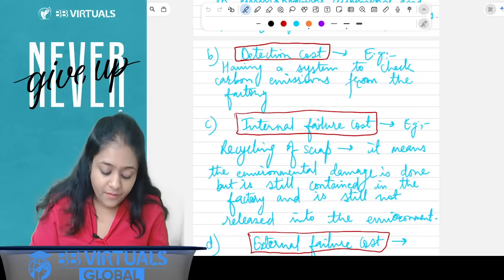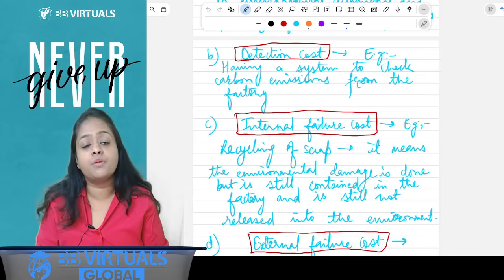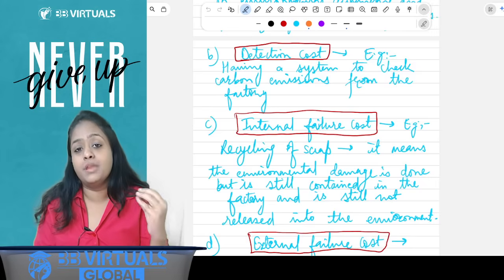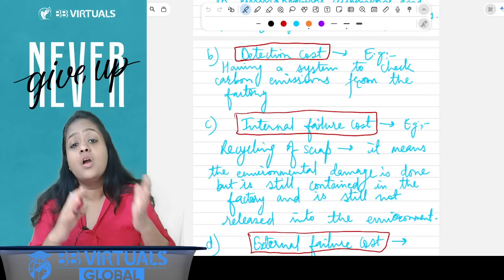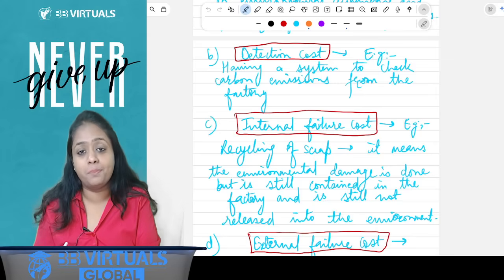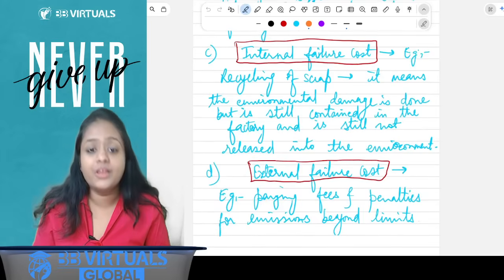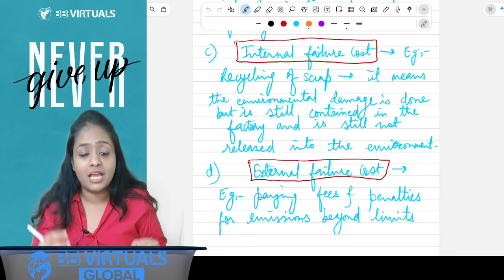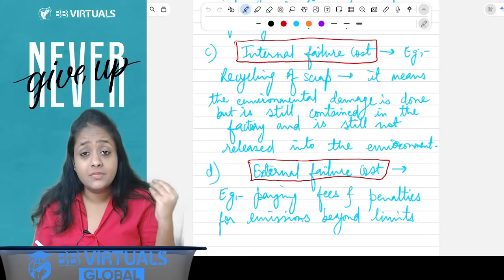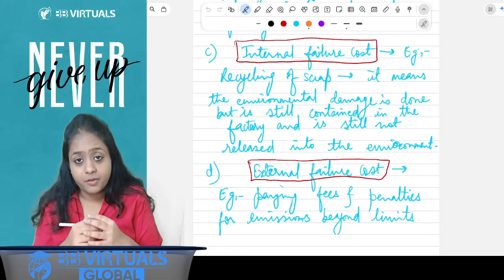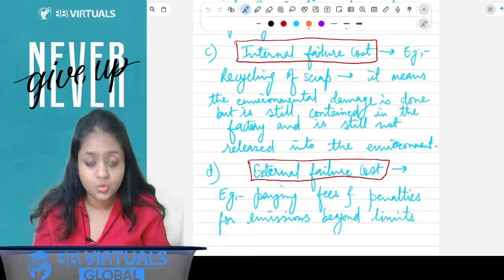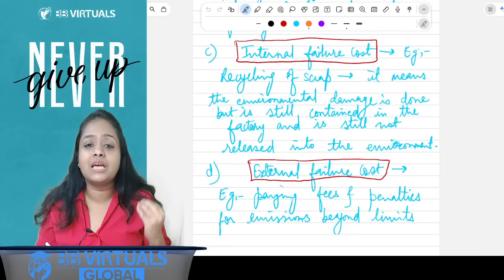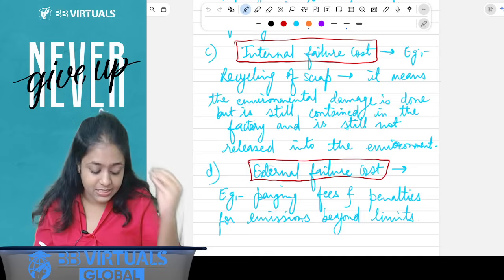For example, having a system to check carbon emissions from the factory. Let's say we had a system in place where the carbon emissions could not go out of the factory, but now if we feel they might, then we have a system in place to detect that. Third, internal failure cost. It means that now there has been some damage to the environment. Some actions that have been taken, or the processes of the organization, have led to some wastage being produced. So how to control that wastage so that it does not get released into the environment